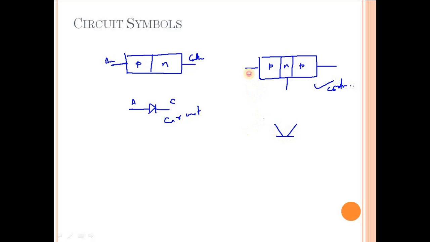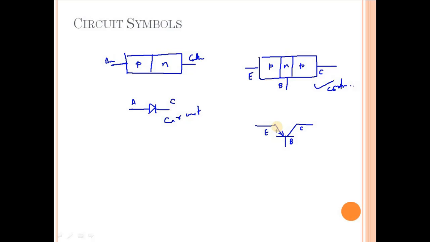So here we had the emitter, base and collector terminal. In the case of circuit symbol representation, we'll have this emitter terminal, collector terminal and the base terminal. So this is base, this is collector and this is emitter. If you draw it like this, the emitter and the collector look very similar. So to make the difference noted in the symbol, we use an arrow symbol like this.